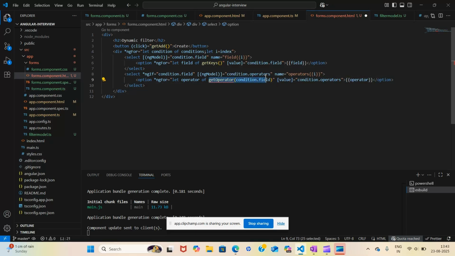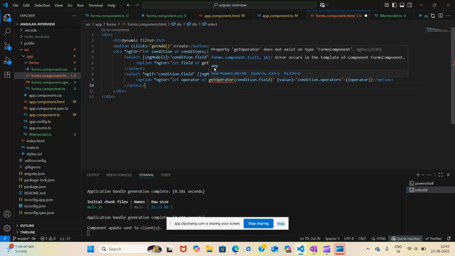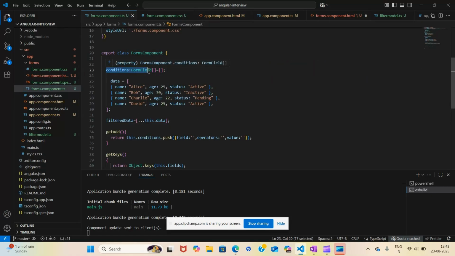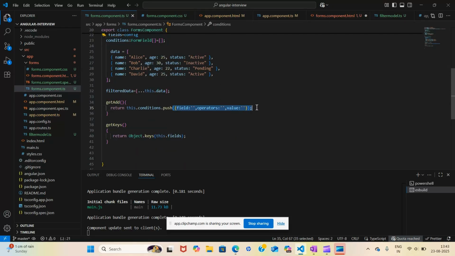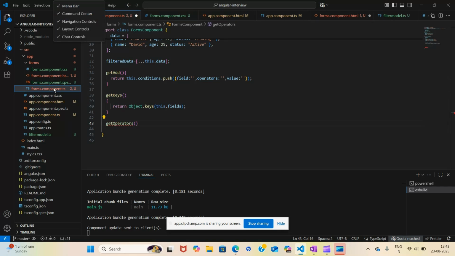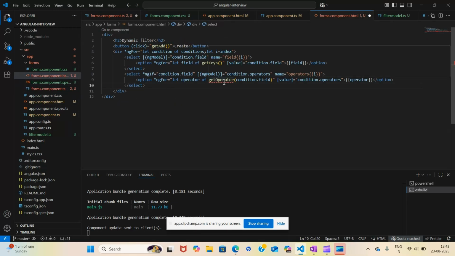So for this we will create this function, where we will pass this condition dot field, because right now when you use this ngModel equal to condition dot field, then in your array, which was initially empty, when you add it, it becomes this. So this object here in field will add the value that now the field is your name or your age, okay? So now for these operators, let's create your second function, get operators. This is the get operators I use here. It was get operator. Okay, so let's do get operators.